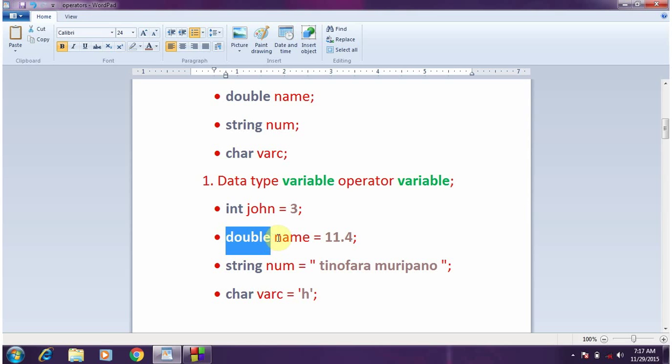You can put anything, remember variable, this is just a variable. So double name is equals to 11.4. Remember double my decimals, my rational number. You can even put 3 or 5 over 7 like this. It's perfectly correct to write it like this in your code. So double name is equals to 5 over 7. It's perfectly fine. Then string num, string anything,